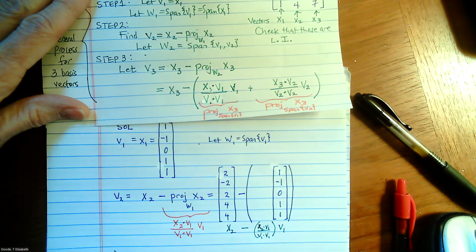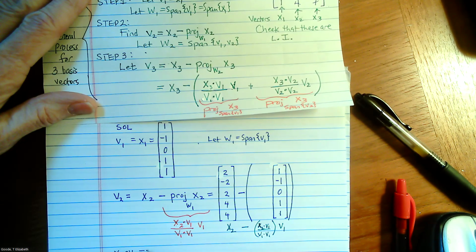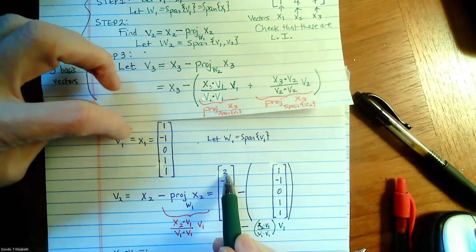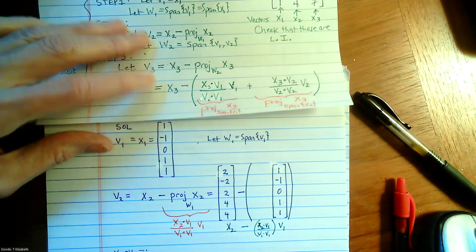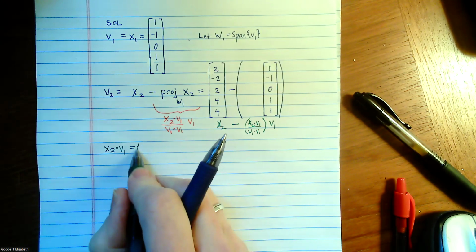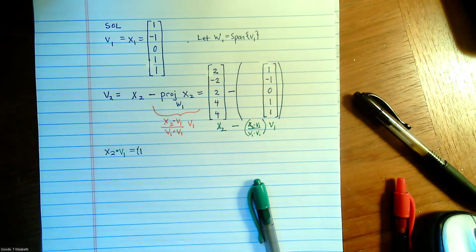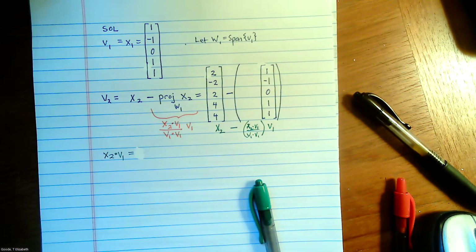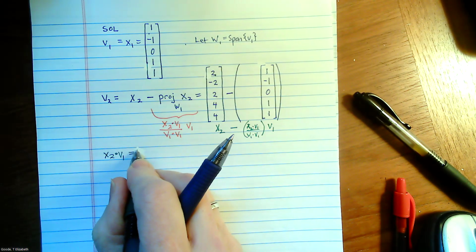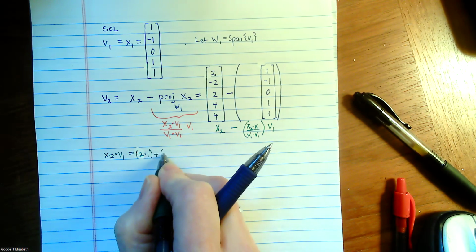All right, let's do it. What's x2 dotted with v1? Well, that's the same thing as x2 dotted with x1. Here's x2, here's x1. We can see them. It's 2 times 1, because it's x2 dotted with x1, and x1 is v1. So it's 2 times 1, plus -2 times -1,